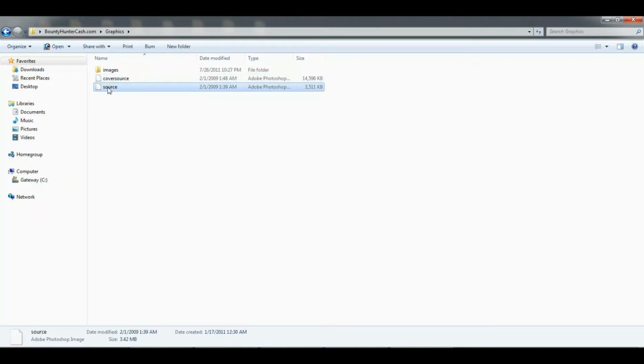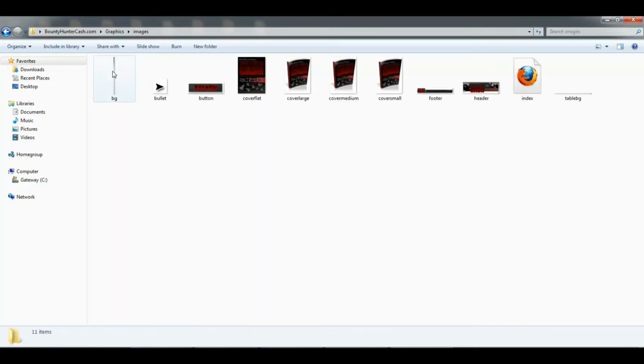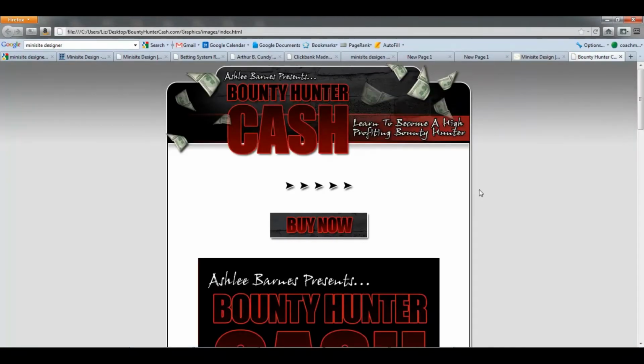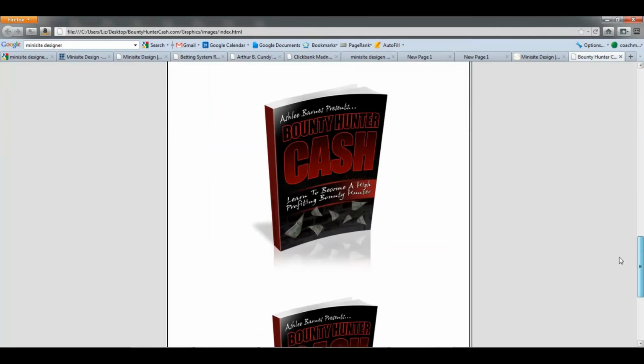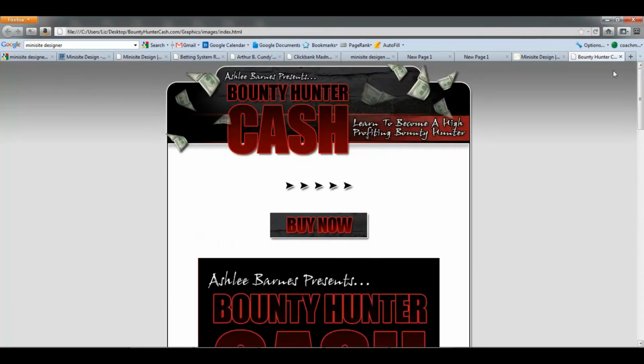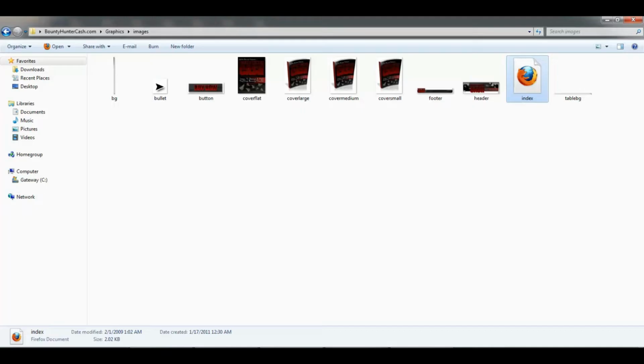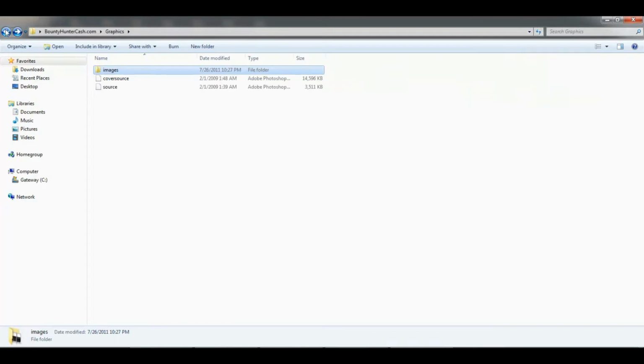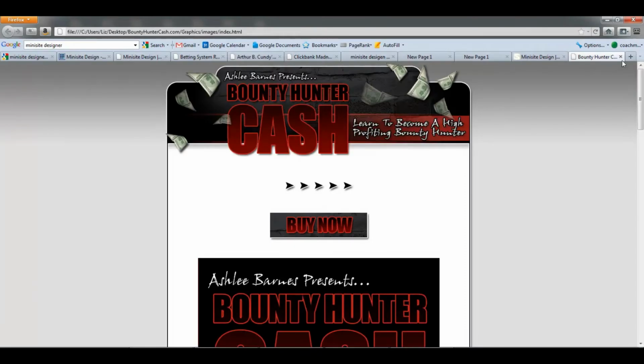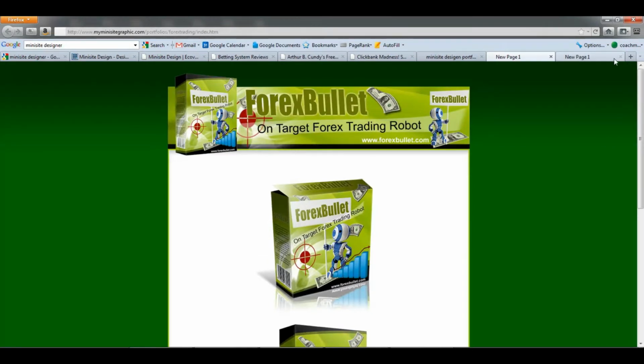These are my PSD files. And then he creates an HTML page that has my entire mini site here. So I can just take this mini site, throw it into an editor, and edit it. Or I can open up Photoshop and I can edit the PSDs. Some people will charge more for PSDs. My guy doesn't, okay? So any of these places that I just went to, you could order your mini site